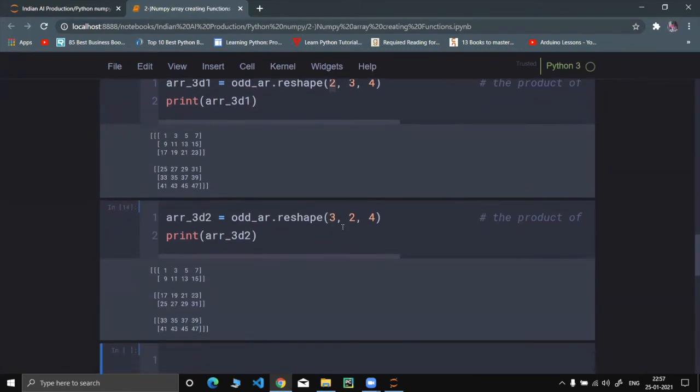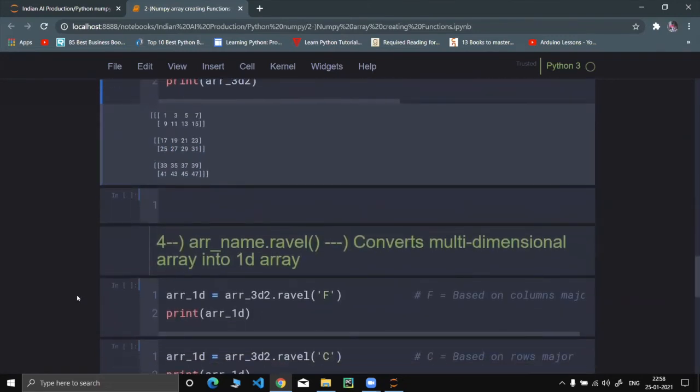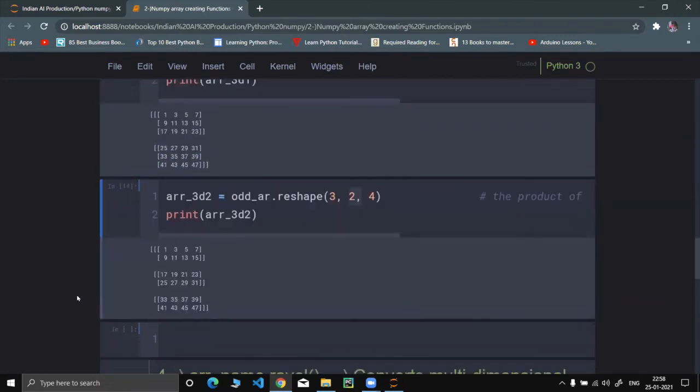See, one more, just a bit of jumbling in the parameters. Now we want to create a 1D array of 24 elements into a 3D array consisting of 3 2D arrays. So 1, 2, and this is the third array. Then the number of rows in each array is 1 and 2, and the number of columns is 1 2 3 4. Yeah, this is what the reshape function does.